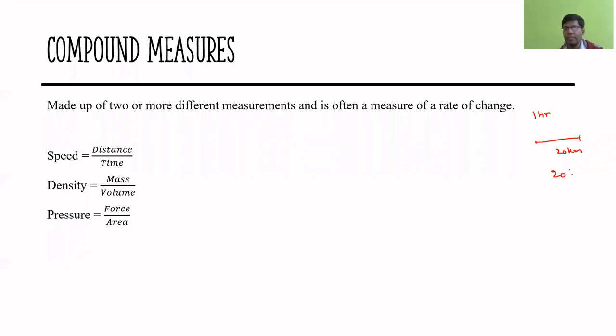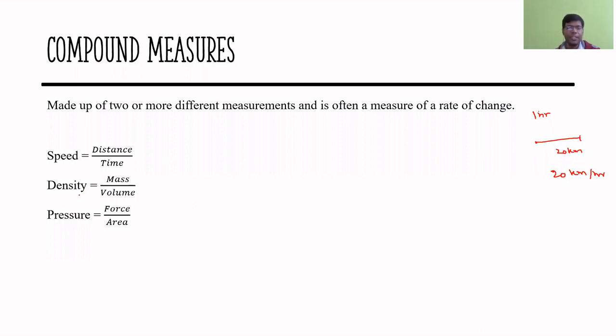So if you travel at 20 kilometers per hour, then you will be able to reach the cinema theater. But I'm sure you would like to travel a little faster so that you can reach at least 10 minutes before the movie starts. Okay, so that's how we have these three units. The speed is nothing but distance by time. So the distance which you traveled divided by the time which you took to travel the distance. That gives us the speed.